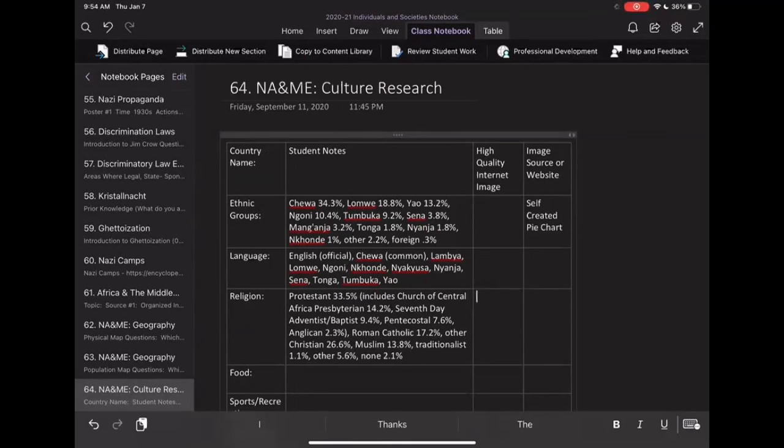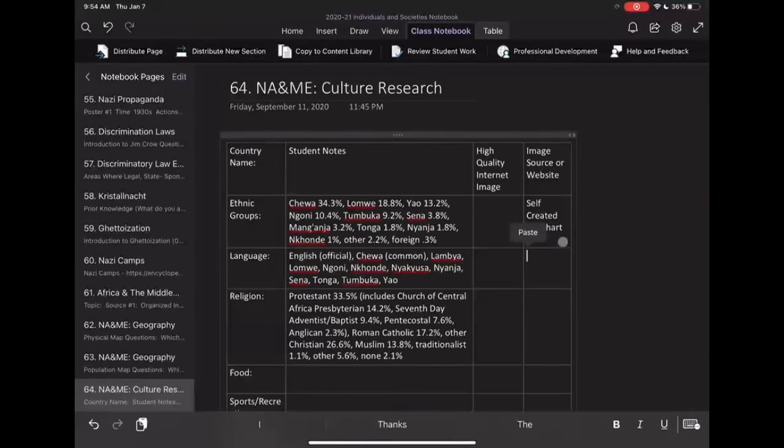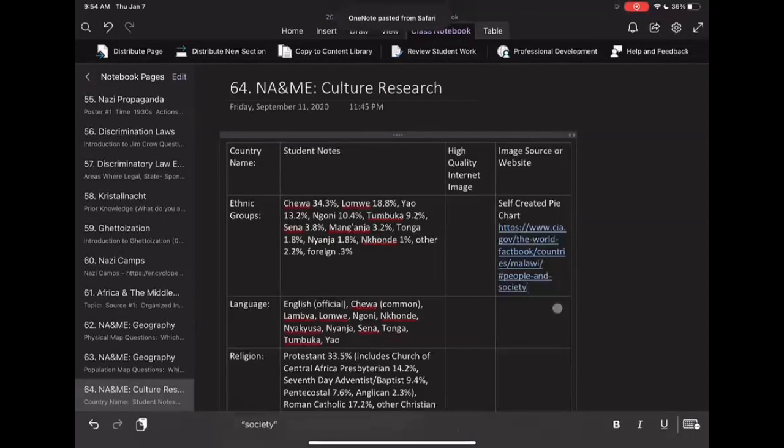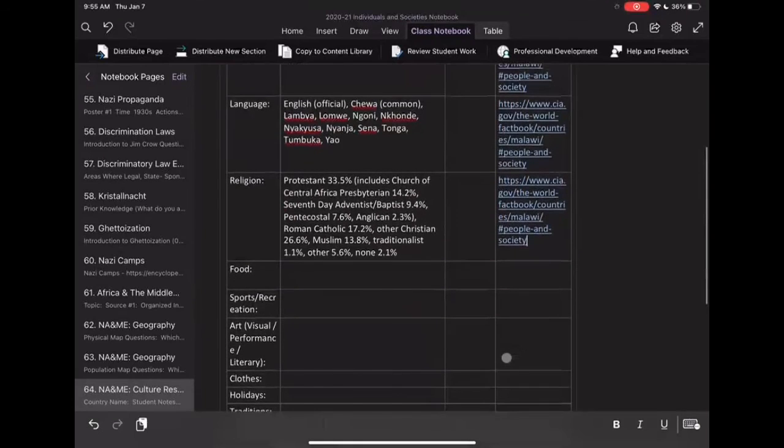Any questions? You're gonna have to get into some other sources, other documents, in order to find all this information for your specific country. Okay, and make sure you are putting where you're getting this information. Okay, you can put the website. So what I'll do, come over here, I'll just copy that. We're not going to do a citation. We're just going to put where you got the information from. All right.